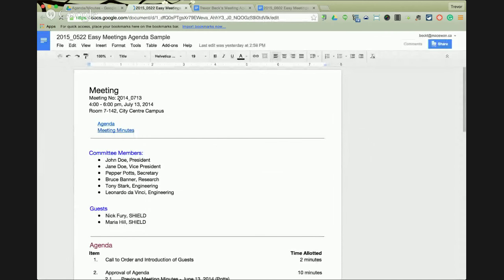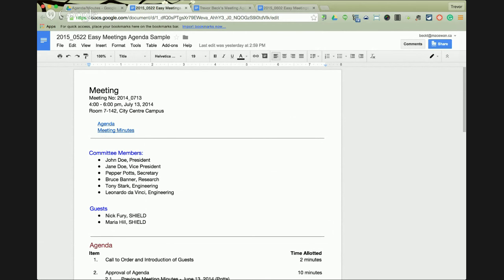Well, lots of people, when they do this, typically seem to have the thought that agendas and minutes need to be in separate documents. And I don't agree with that. I think it's a lot easier to put everything together. And one of the nice things that we can do is, with this template I have, and I believe the link is also in that document, the template